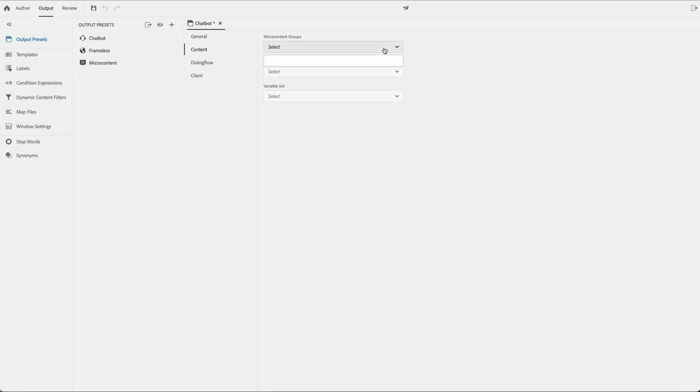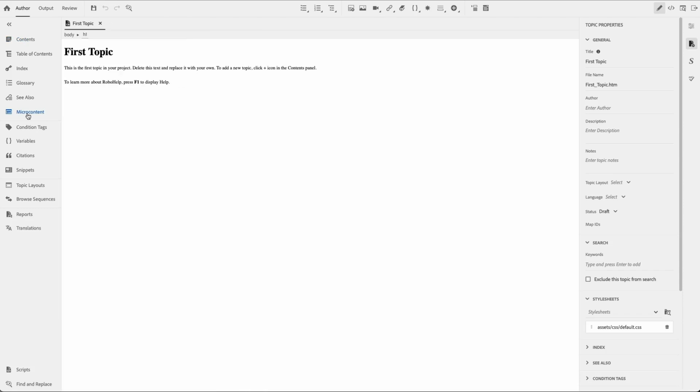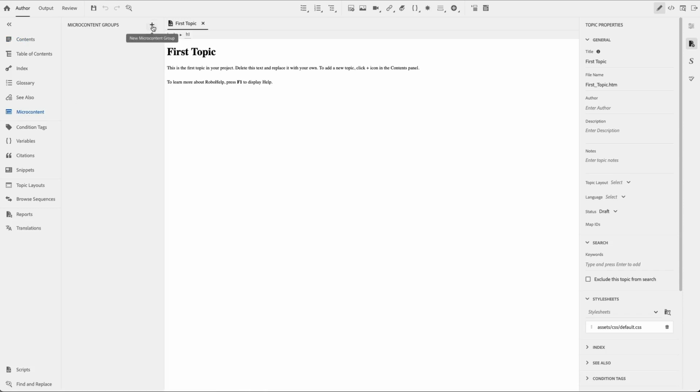So now we're at a point in this new project where we'll need to specify the assets that we use in our project. And since this is a blank project, we're going to have to create at least simple assets to use to complete our project. Chatbots require microcontent groups, so let's go check that out. Author, microcontent, create a group,